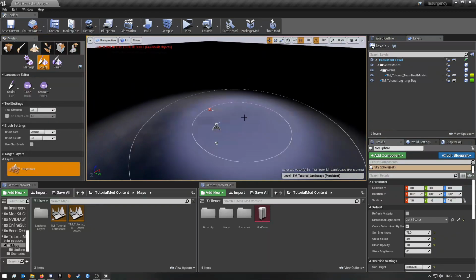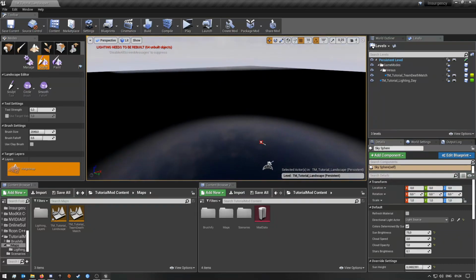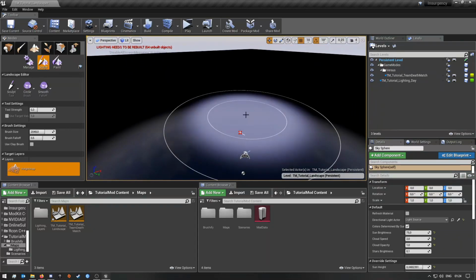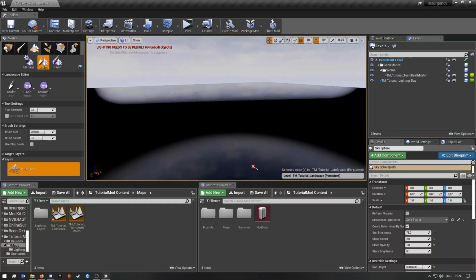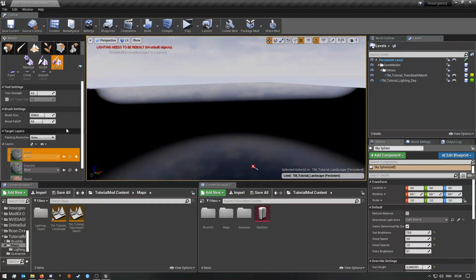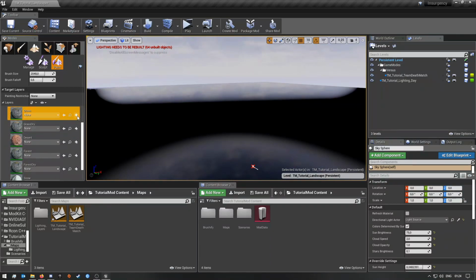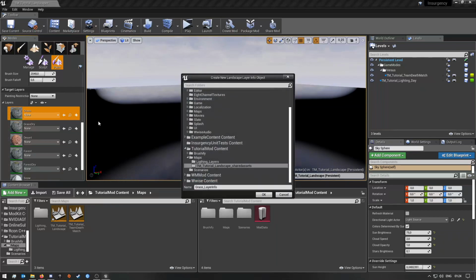Now I just left the size as is because I don't want to make too big of a one, but if you guys think you want to make your map a little bit bigger, you can. But with that said, you guys will see it will be black. And so what you want to do now is go to paint, and over here we're gonna click on this plus icon on the grass and say weight blend layer normal, and then it will automatically make a folder for you in your map folder. And so with that we're gonna just click OK,